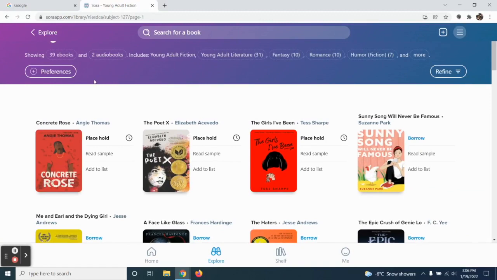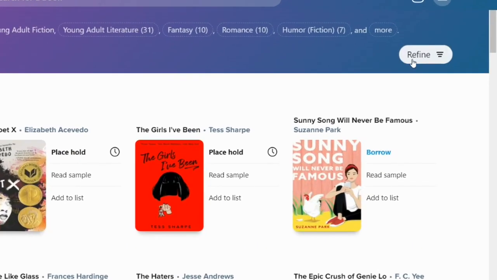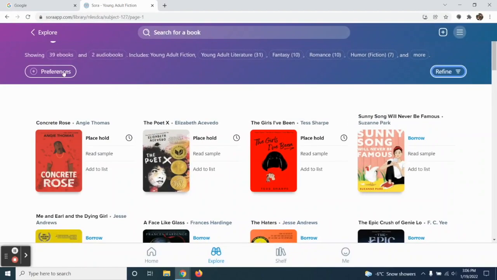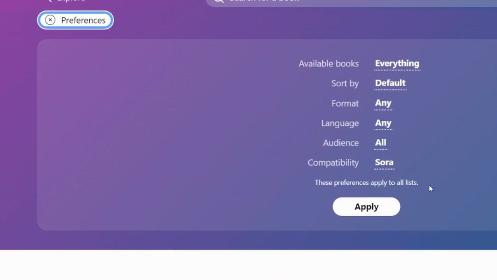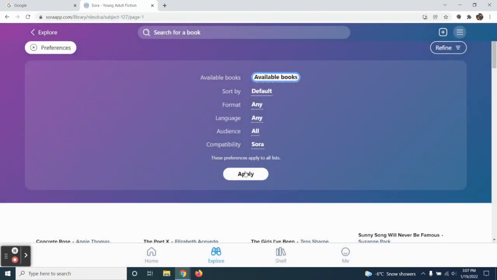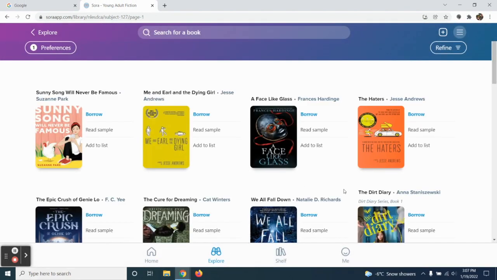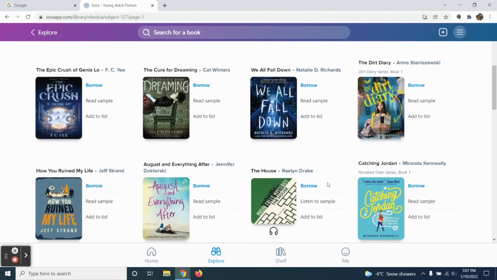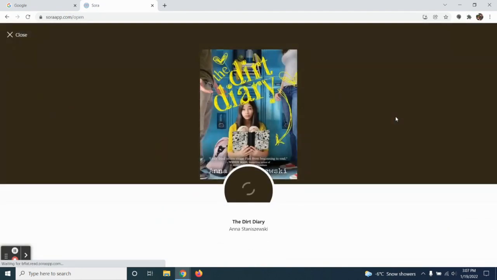There's also other settings you can use here. You can refine your search according to a number of different features. I like to use this preferences option over here on the side. And instead of seeing all of the books, if I need something right now, I'll change it to the available books, click apply. And now it's only going to show me the books that I can choose from and download right away. So let's say I'd like to download the Dirt Diary here. When I click on borrow, it's going to download that book directly to my account,